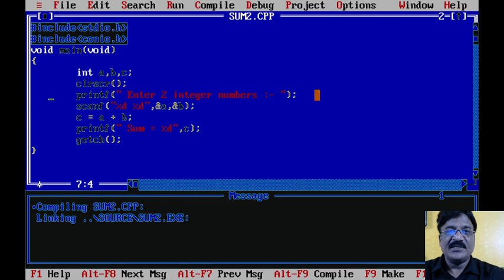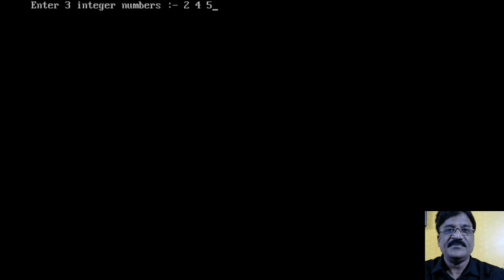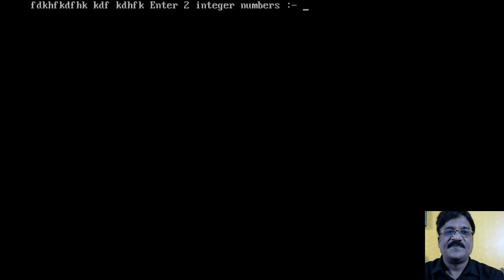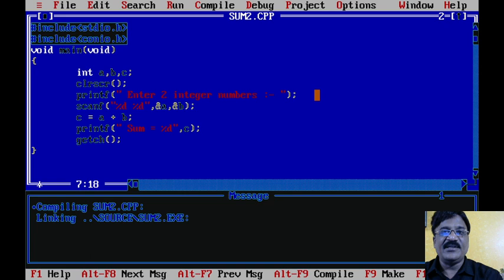Okay, now please remember this is simply a message. Suppose instead of 2, I write 3 here. Is it going to perform the addition of 3 numbers? Of course not. It will take only the first 2 values. Simply printing a message is not going to perform any operation. It means even if you write it like this, it will print as it is. So it is useful for what? Simply providing a message, nothing else. So you can write any kind of message, but always write a proper message so that your user will find it very easy to understand.